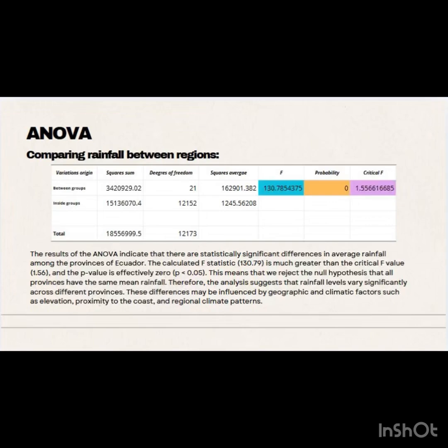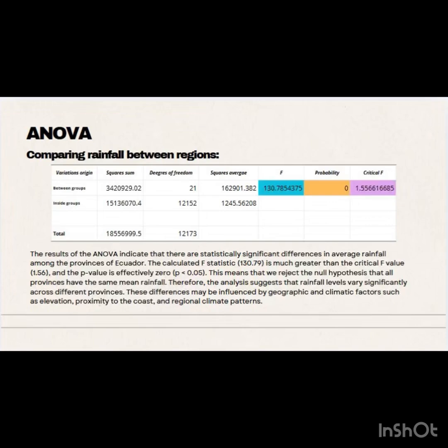The results show a calculated F statistic of approximately 130.79, which is much larger than the critical F value of about 1.56. Additionally, the p-value is essentially 0, which is lower than the significance level of 0.05. Because of this, we reject the null hypothesis, which assumes that all provinces have the same mean rainfall. This means that rainfall levels differ significantly across Ecuador's provinces, suggesting that geographic and climatic factors play a really important